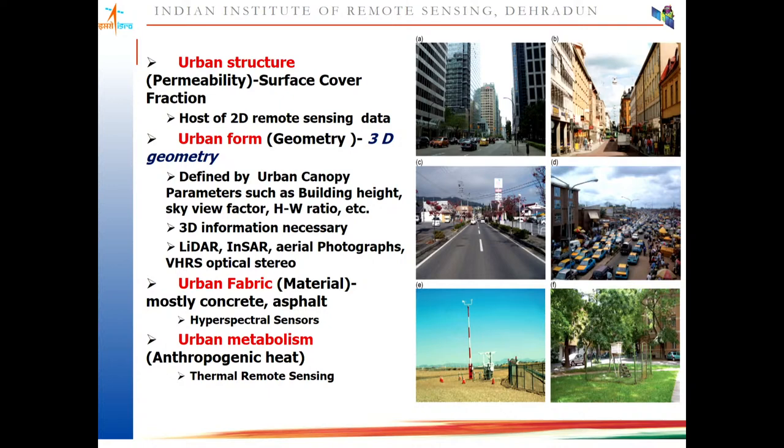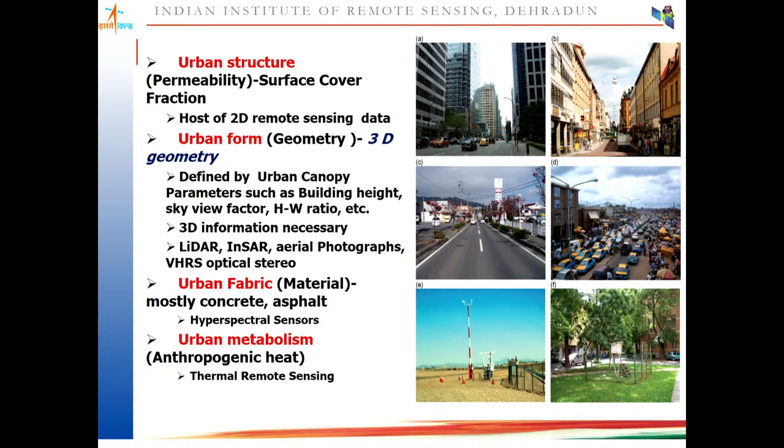It is defined by urban canopy parameters such as building height, sky view factor, height width ratio, etc. For this we require 3D information: building footprint as well as building height. Here also a lot of data sets are available, like LIDAR, InSAR, aerial photographs or VHRS